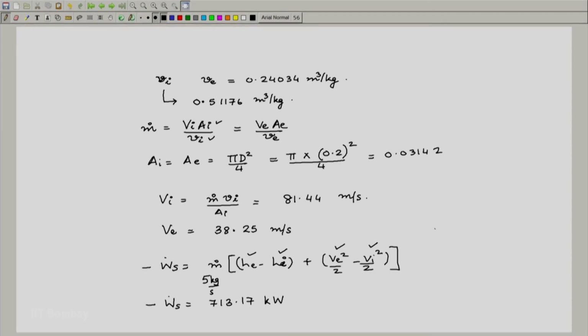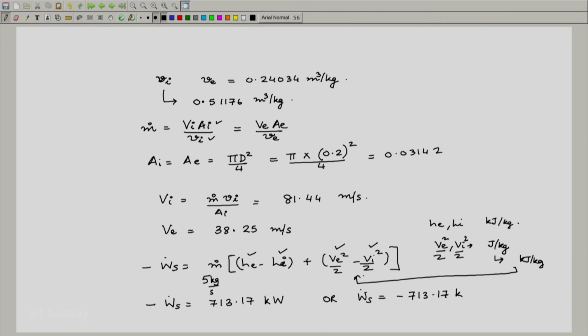So, please notice HE and HI we would have gotten in kilojoule per kg. If we had used VE and VI, we would have got VE squared by 2 and VI squared by 2 in joules per kilogram, and we will have to divide this by 1000 to get kilojoule per kg, and that is what has been substituted here. And I have not completed those steps, but you please do that and add it to HE minus HI, and one should get the result that the answer is minus W dot S is 713.17 kilowatt, or W dot S is equal to minus